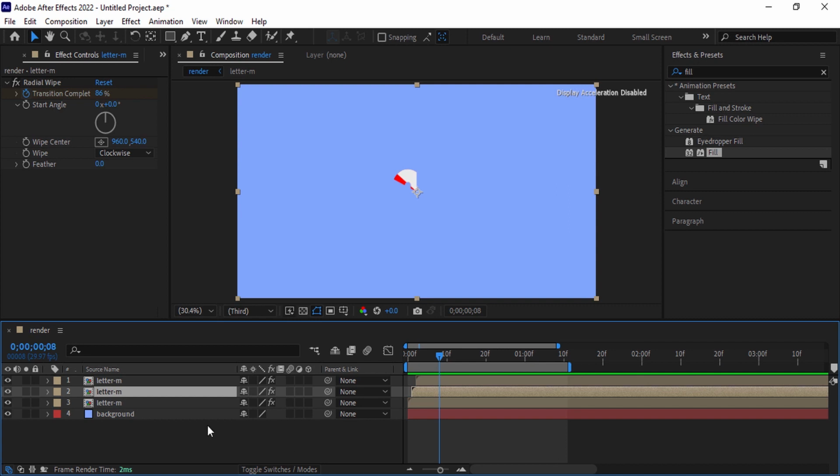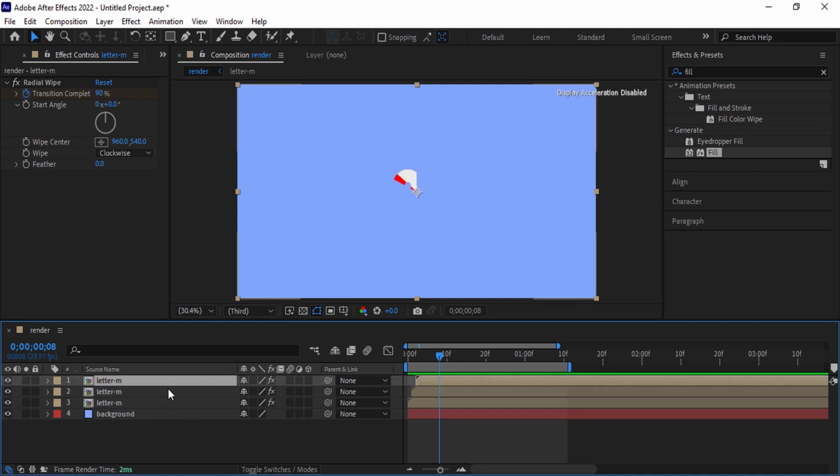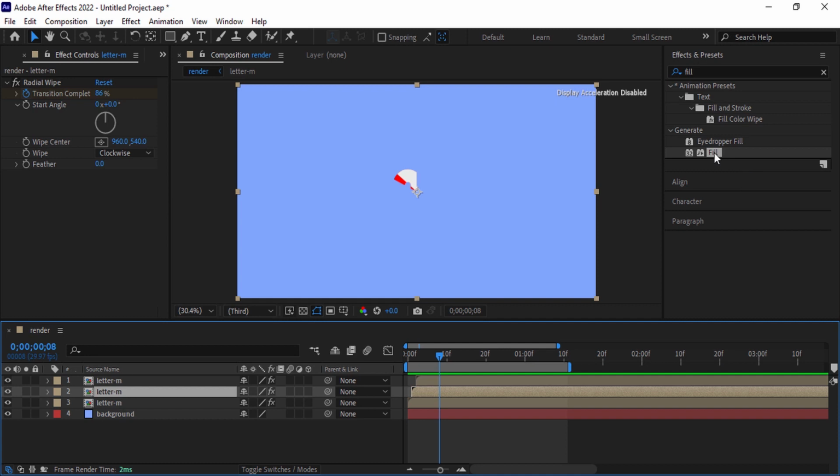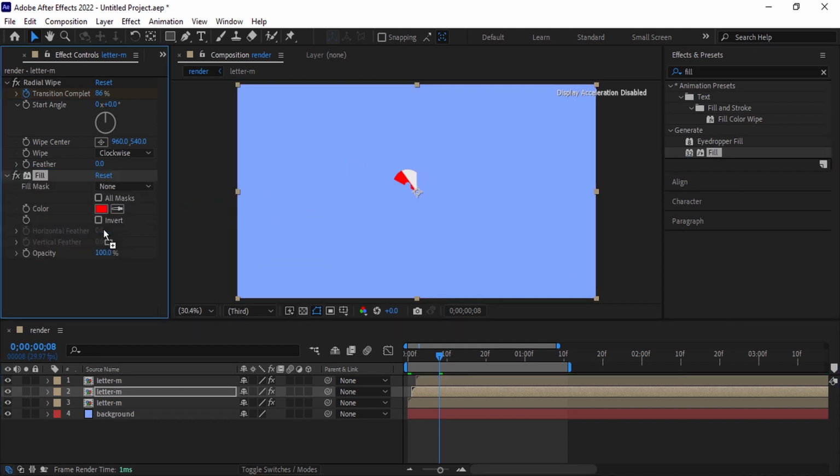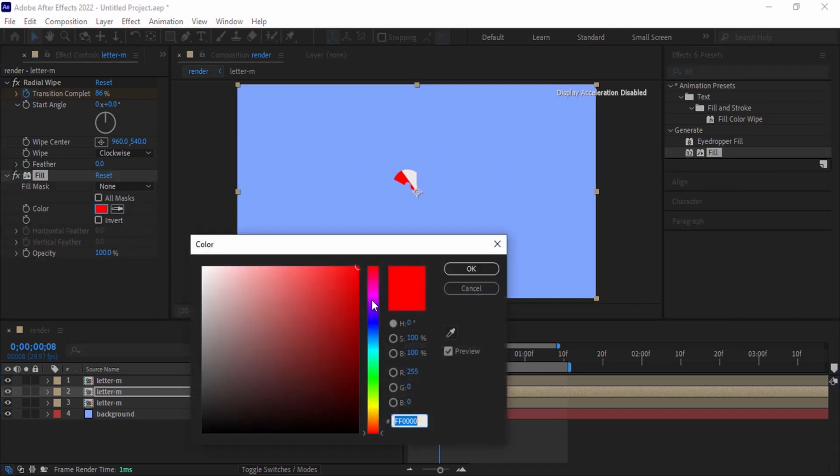Select this bottom layer and apply a fill on it. Change the color of this layer.